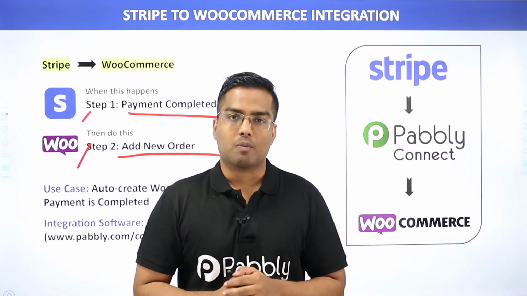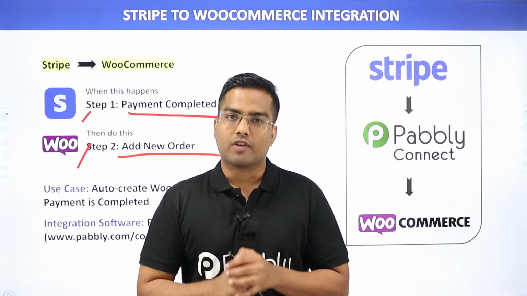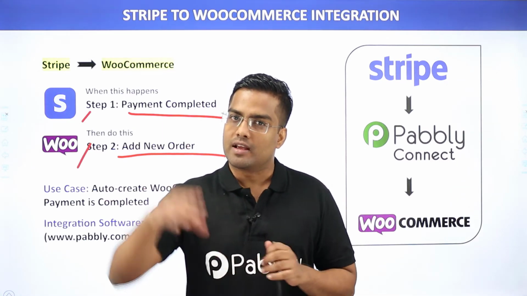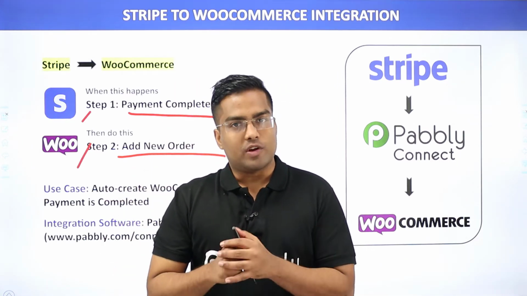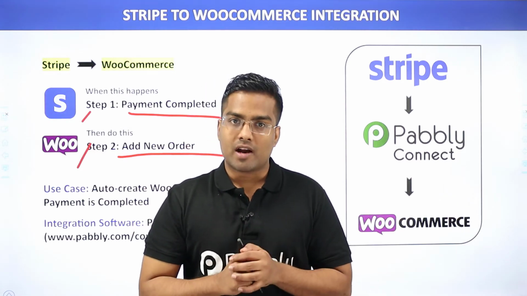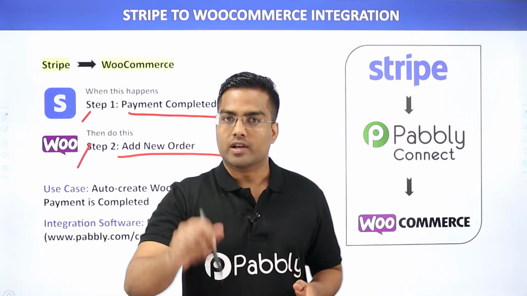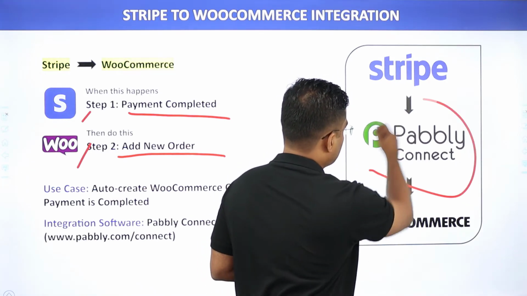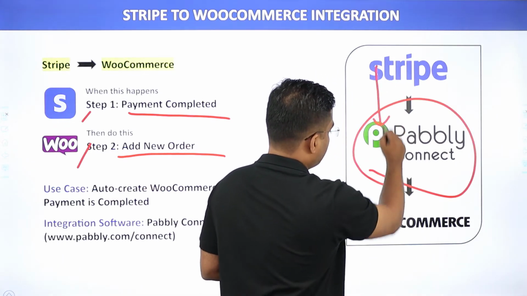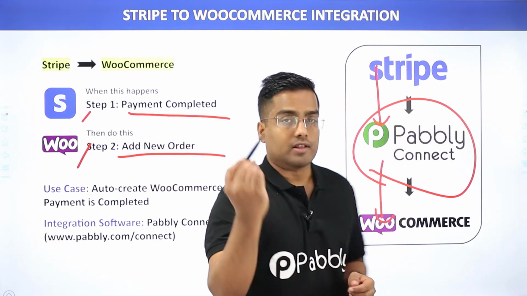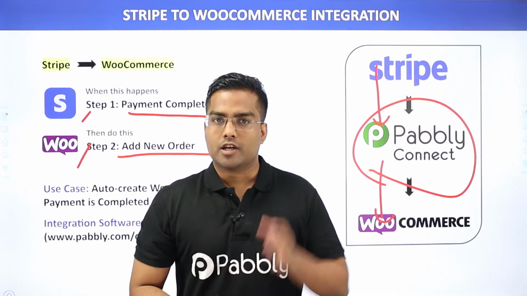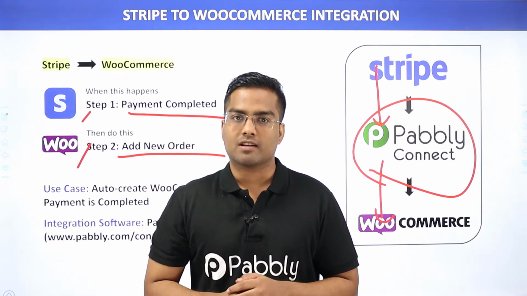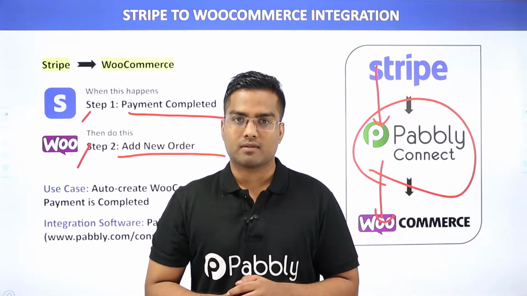But there is one minor problem. Of course, there is some kind of integration between Stripe and WooCommerce, but this integration is actually kind of limited. So in cases like these, we need to bring a third app to connect them both. So in this video, we will be using Pabbly Connect to integrate Stripe and WooCommerce. And the best part of using Pabbly Connect is, there is no need for coding skills or programming knowledge. It can be done easily. Let me show you on my screen.